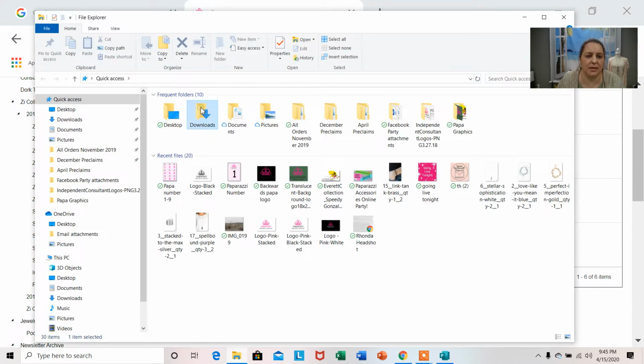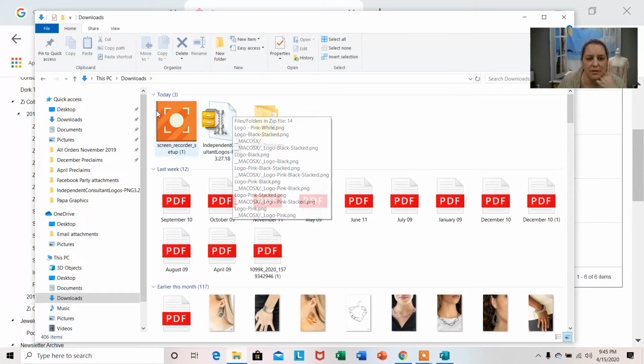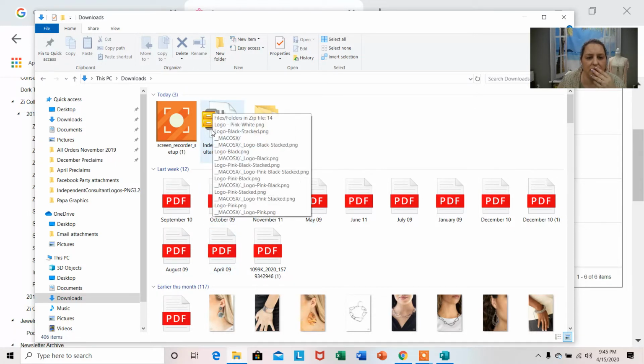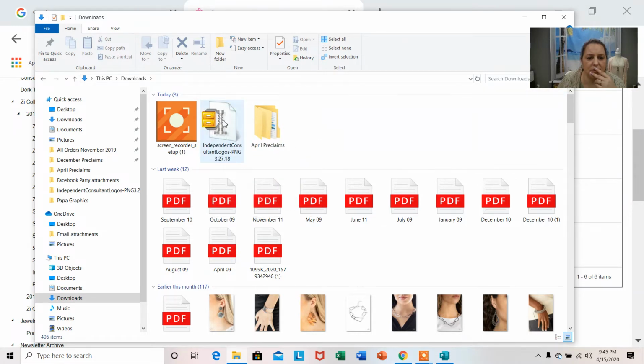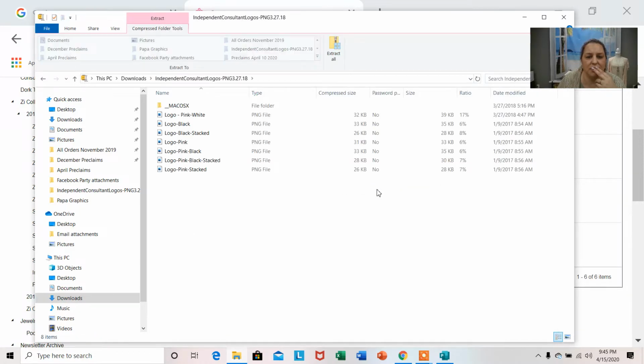Sorry, I'm going to go to my downloads and see what just popped up. Independent consultant logos. Okay, this right here, if you go to your downloads, if you click the view button, it's going to download, and then you click on this yellow folder, and you go up here, you're going to see this little file box in a vice grip. See it right there? Right click on that and go to Open with Windows Explorer,